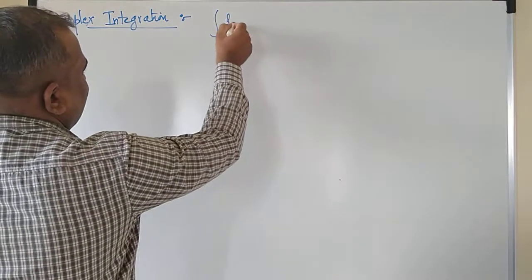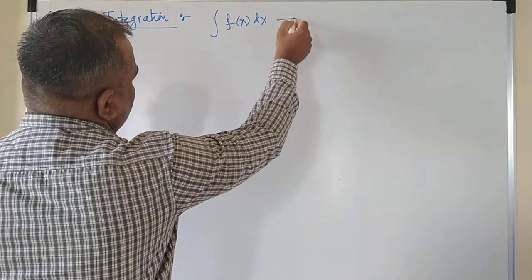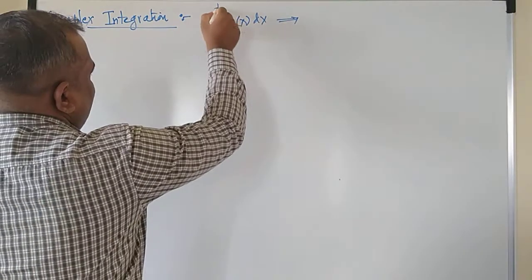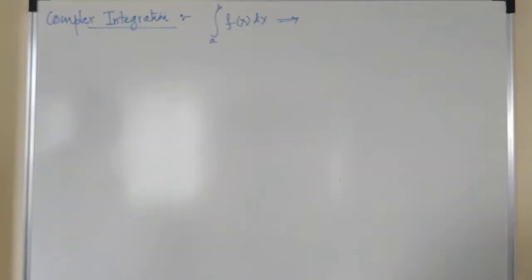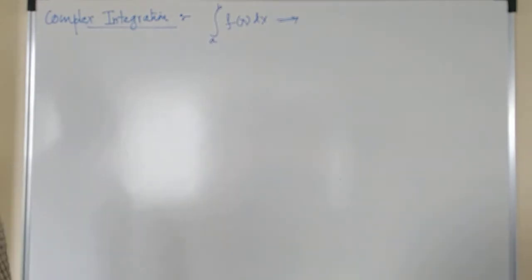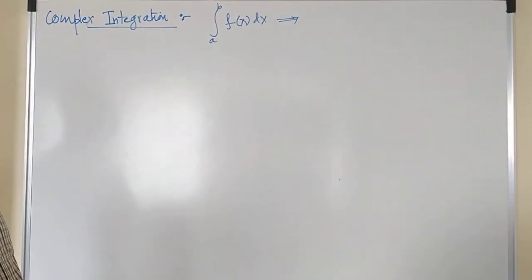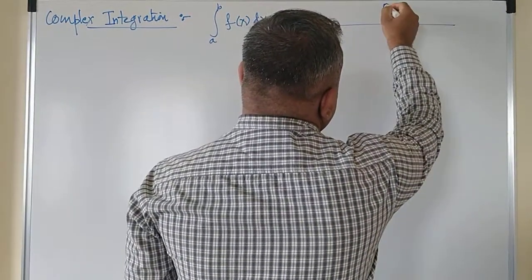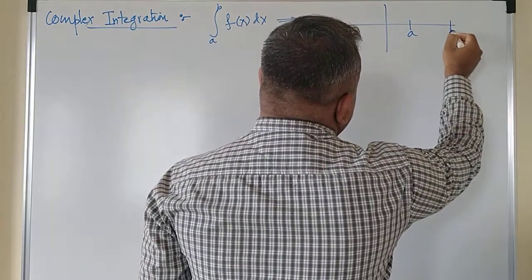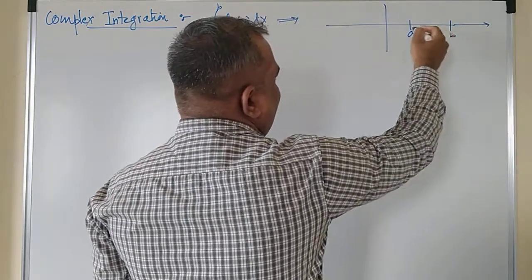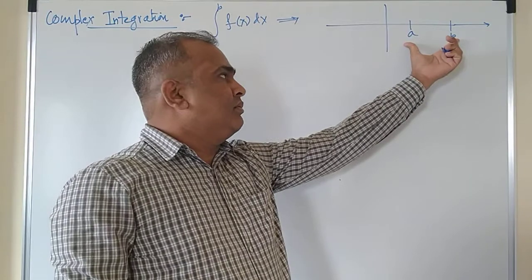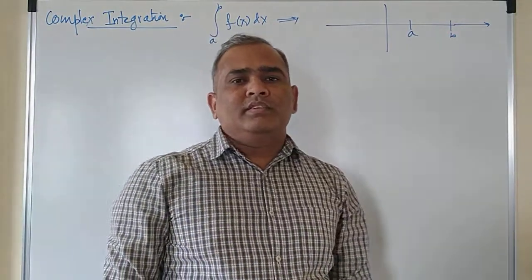And this kind of line integrals you have solved multiple times. Integral f of x dx, and this is called as the line integral, having some limits, upper limit and lower limit, a to b. What it means? It means that you are asked to calculate the value of the given function f of x along a particular line. So this is a line, let us say suppose this is an x-axis and this is a point A and this is a point B, and you are asked to calculate the values of the function f of x in this region, from A to B. This is a line integral.